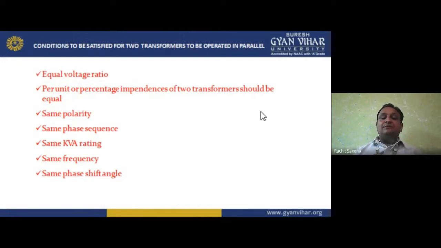Same kVA rating, for example kVA, MVA, and VA. One thing is very important, my dear student. If I'm talking about a transformer, the transformer rating is always in volt ampere, or in short form VA. So it may be kVA, it may be VA, it may be the kilovolt ampere, it may be the megavolt ampere. So why am I using the VA here, volt ampere? Because in a transformer we have two types of losses. One is dependent on current, another one is dependent on voltage. So through one loss current is changing, through another loss voltage is changing.